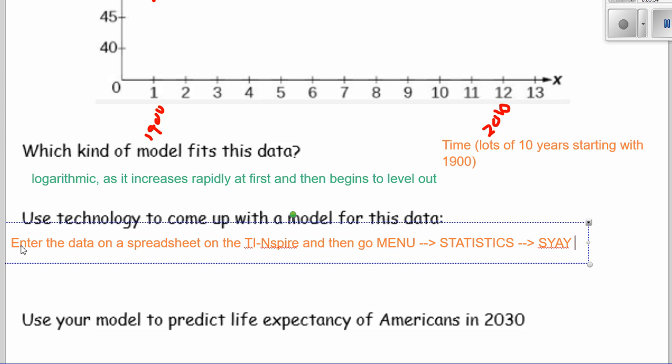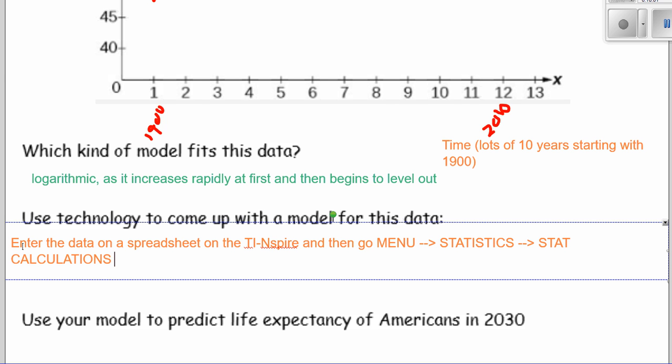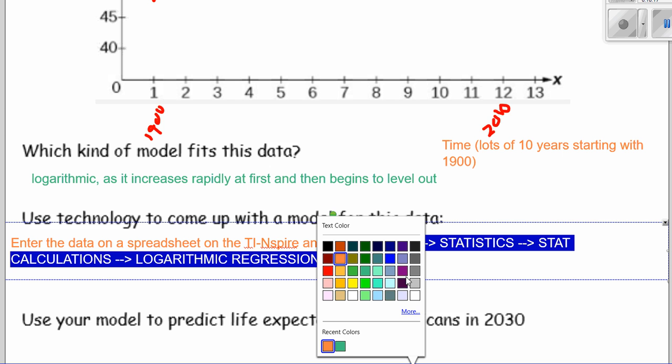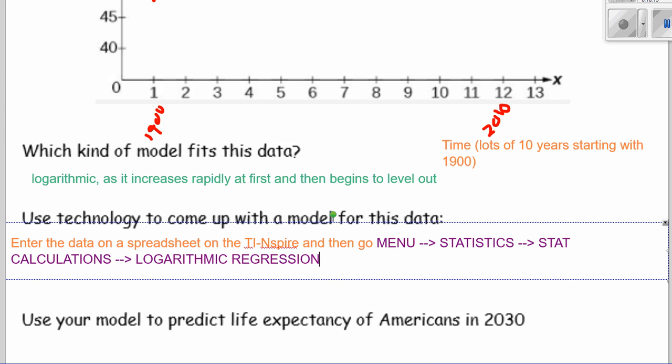stat calculations. Then we're going to go logarithmic regression. So they're the kind of things we're putting into the calculator, if you aren't sure. I'll make that a different color. Let's make it purple. They're the things that will go into the calculator, and now we're going to find our model. So to enter this all into the calculator,